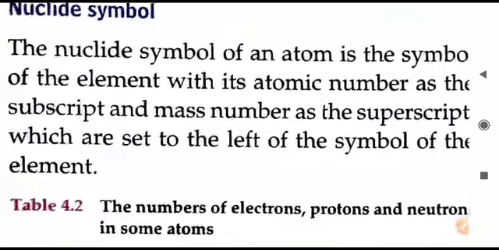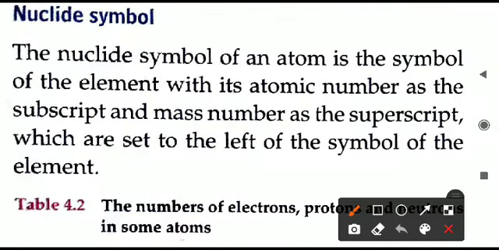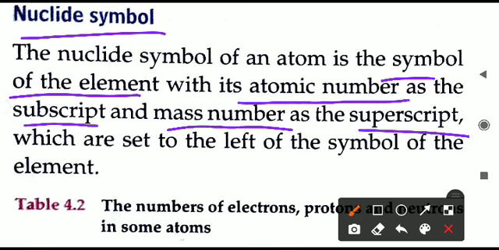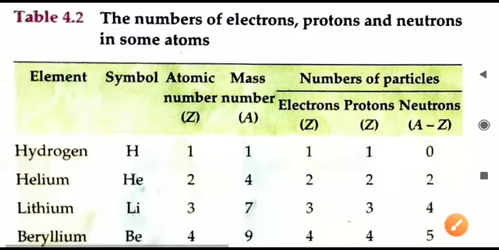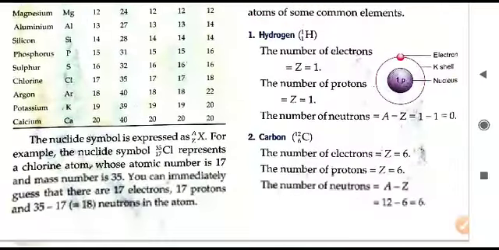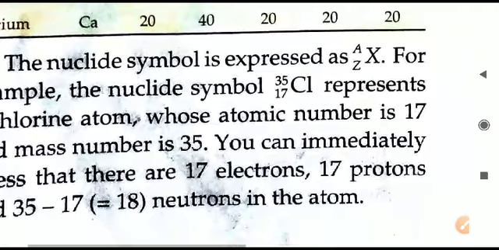The next part now, here that topic comes, here it is nuclide symbol. Nuclide symbol is what? It is the symbol of the particular element with its atomic number as the subscript and the mass number as the superscript. Means instead of writing the full name of the element, we are just writing the symbol, and on the symbol only we are showing the atomic number and mass number also. So that is called the nuclide. Now you see different nuclides, we will see. Like I will show, here it is, example we will see. So here it is the nuclide symbol.